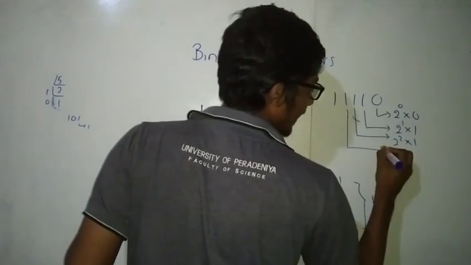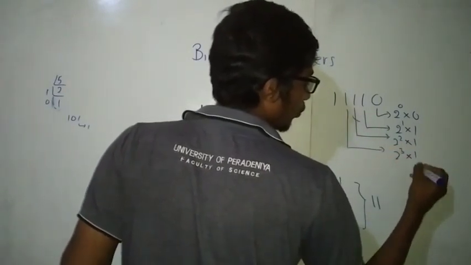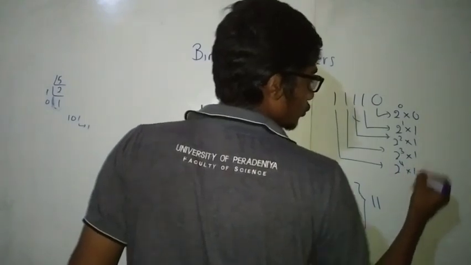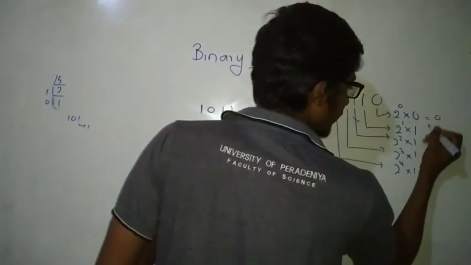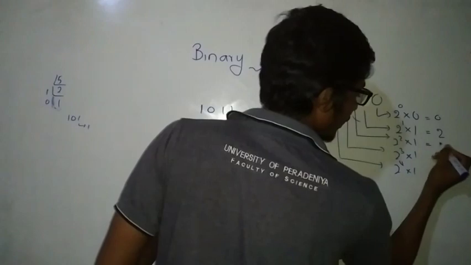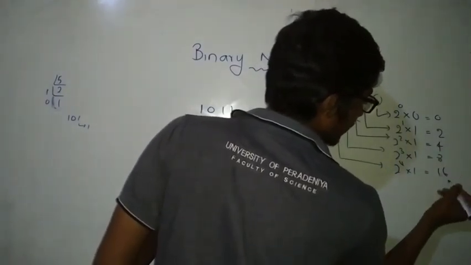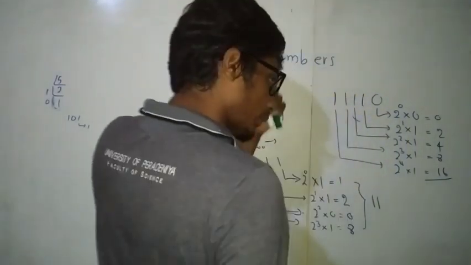This is at the 8's place, so 2 cubed into 1. This is at the 16's place, so 2 to the power of 4 into 1. When you do the math, you will get 0 here, 2 here, 4 here, 8 here, and 16 here. When you add all these, what you are going to get is